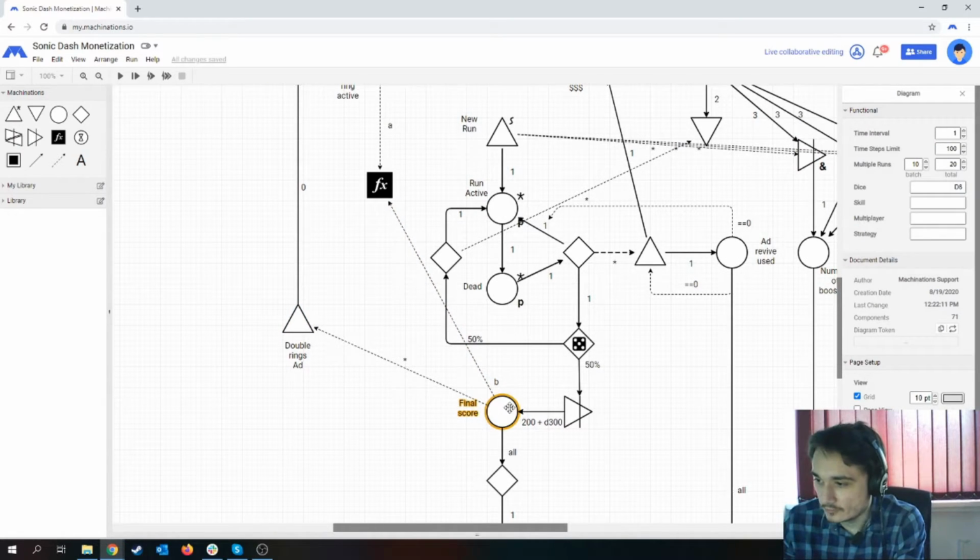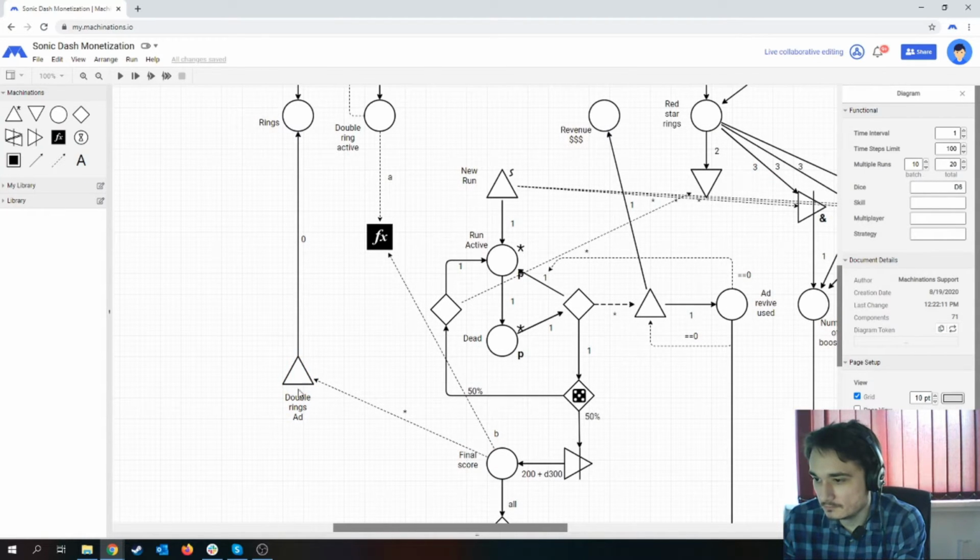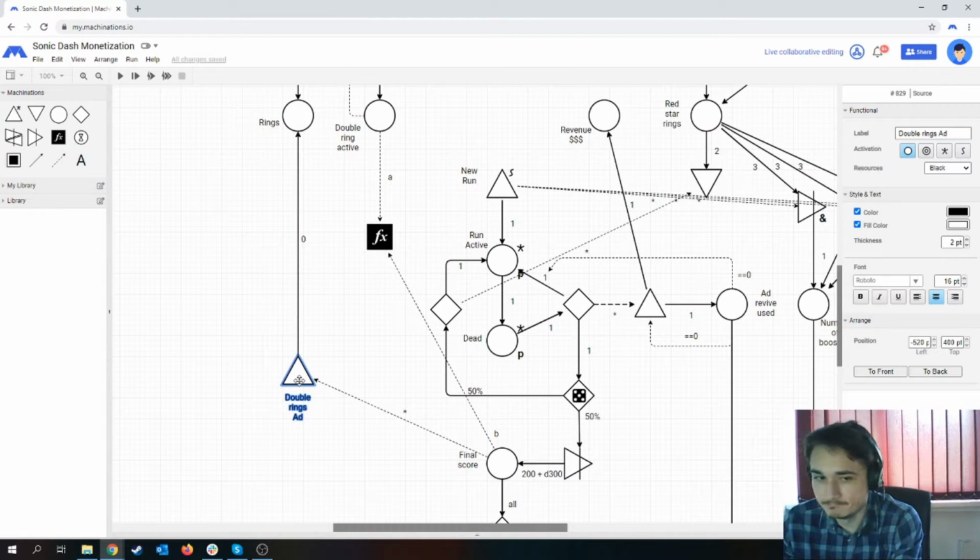So when the game is over, the double rings add, which is the source that will actually give us the rings, I can name it two things, like ring generation and double rings add, so I'm just gonna leave it double rings add. So this one's gonna give us all of our rings that we need,